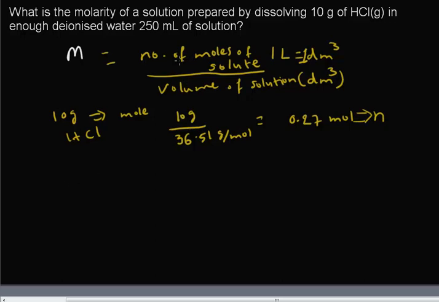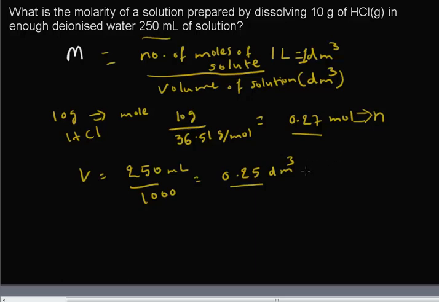It says 250 milliliters, but in the formula we have it in dm cubed, so we need to convert 250 milliliters by dividing by 1,000 to get it in dm cubed. That would be about 0.25 dm cubed. So if I plug in the number of moles value 0.27 and the volume 0.25 in the formula,